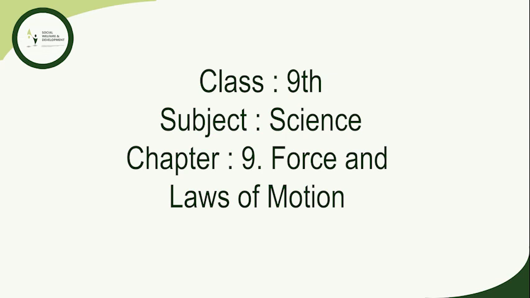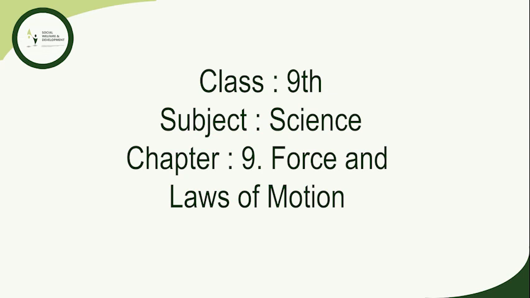So now we will go through briefly what we have learnt up till now. We have learned the first law of motion, that is, an object continues to be in a state of rest or of uniform motion along a straight line unless acted upon by an unbalanced force. The natural tendency of objects to resist a change in their state of rest or of uniform motion is called inertia. The mass of an object is a measure of its inertia. Its SI unit is kilogram, that is kg. Force of friction always opposes the motion of objects.